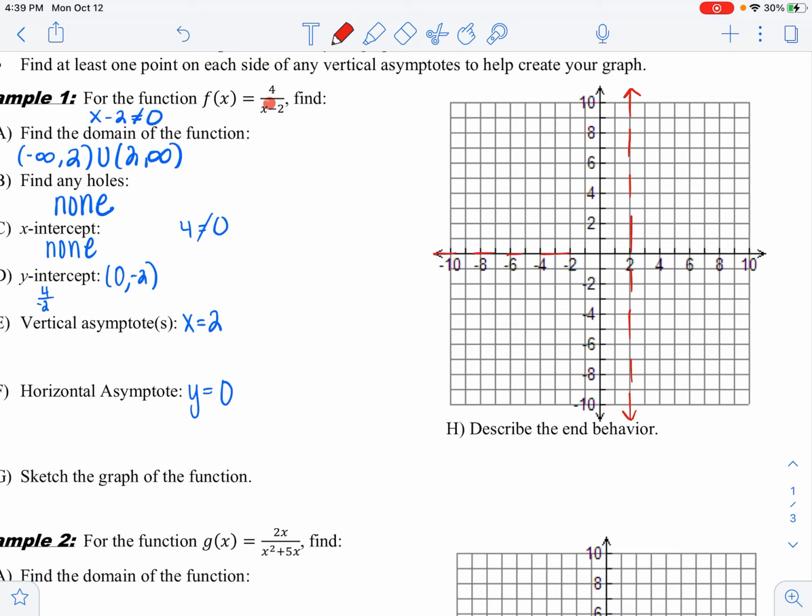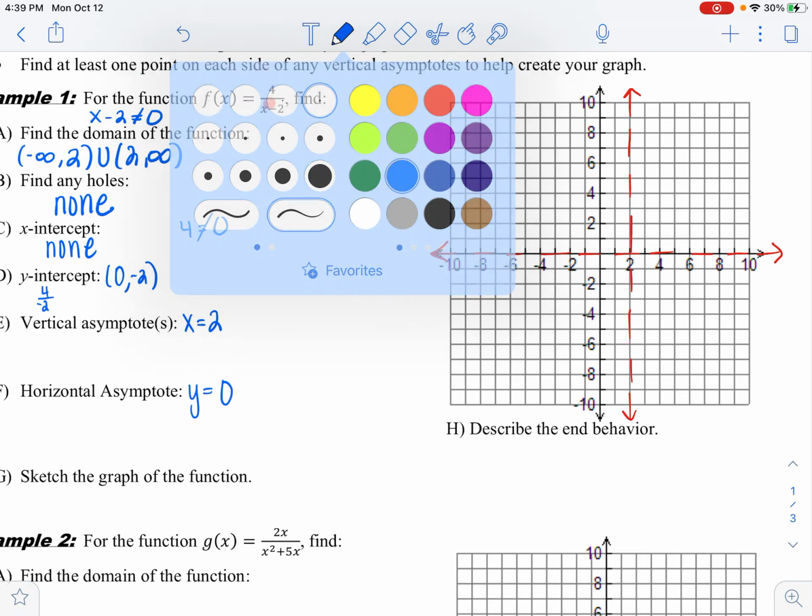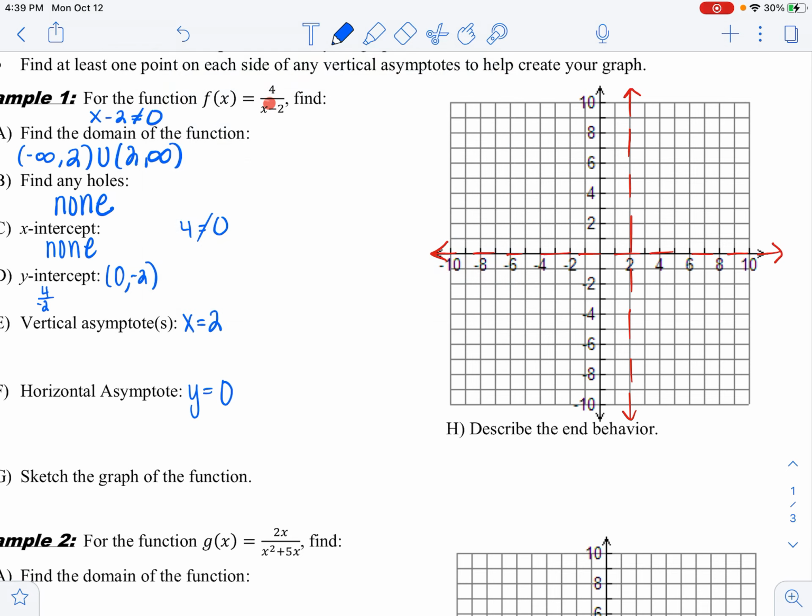I did forget to mention that it says sketch the graph for G, and then H says the end behavior. We will be able to do end behavior before we even sketch, but right now we can't because we have to look to see what it looks like to get the end behavior. Then we're going to be able to say, oh, okay, I know how to figure out the end behavior. Okay, I'll also graph the holes in red, but there aren't any, so I'm going to switch back to blue